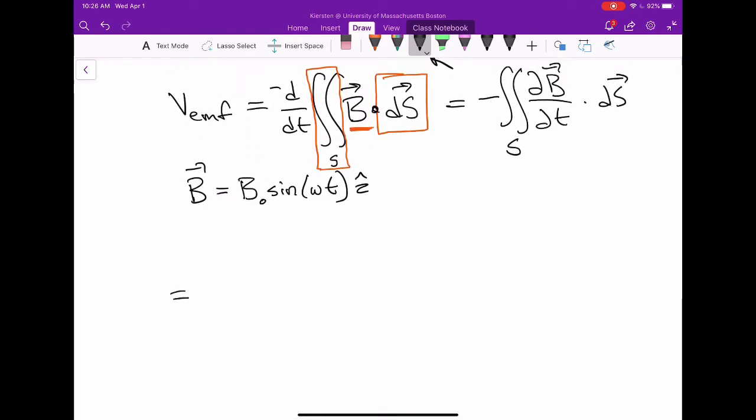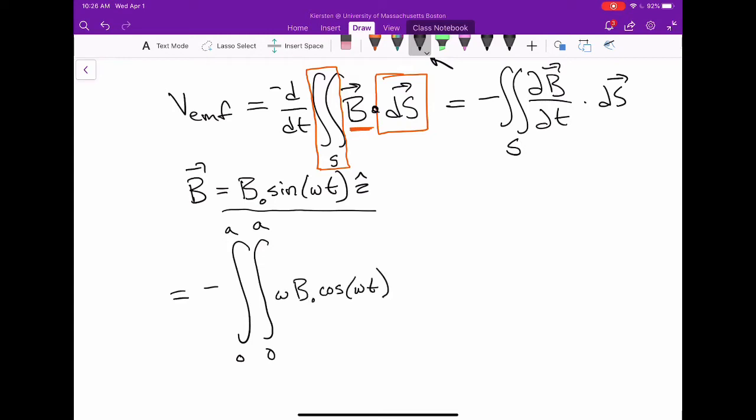So that is equal to minus integral from 0 to a. I didn't say where in the xy plane we exist, but there's no reason for it not to be 0 to a, since everything is constant everywhere. That time derivative evaluates to omega B0 cosine of omega t z hat. And then we dot that with our surface normal vector, which for a loop in the xy plane, depending on the direction we choose for the loop, can be either positive z or negative z. I'm going to choose positive z,